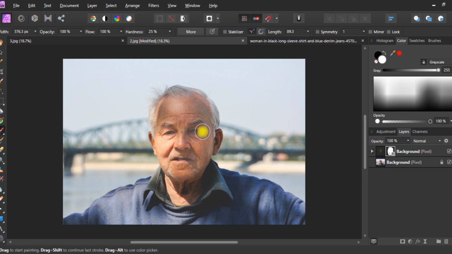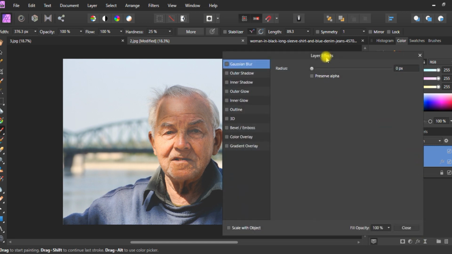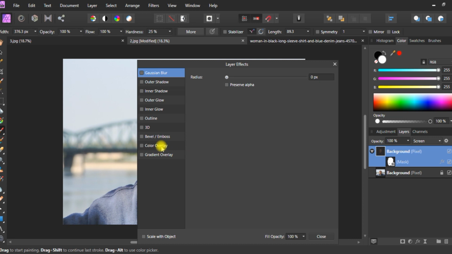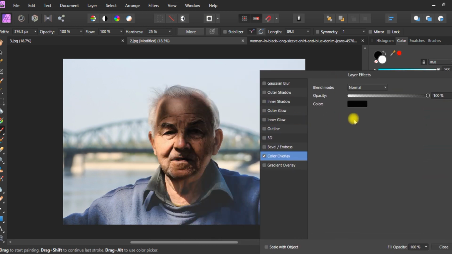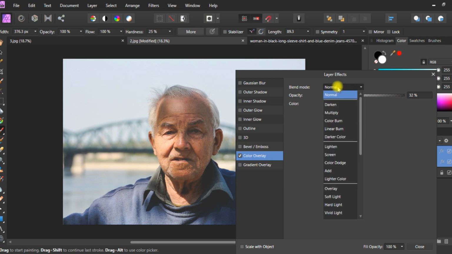Okay, so now make sure you see this picture correctly before applying that final filter. Now what you can do is go over here to layer effect, make sure you have selected that layer, and then color overlay, turn it on, and you can see that our shadow level has been increased tremendously, but we can decrease the opacity of course. Okay, and I think that's it. Let's see what we can do more here.